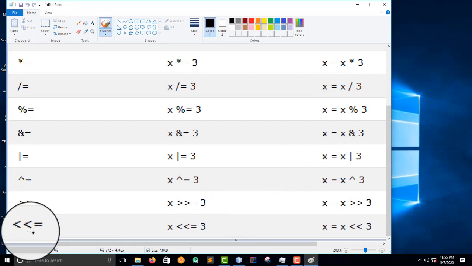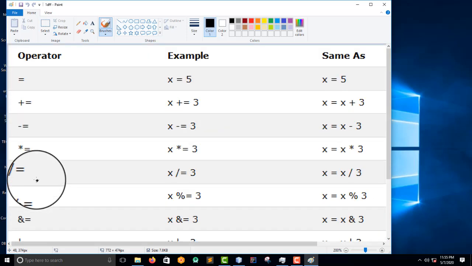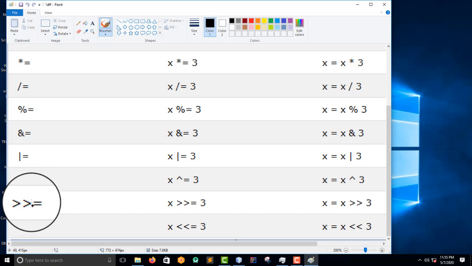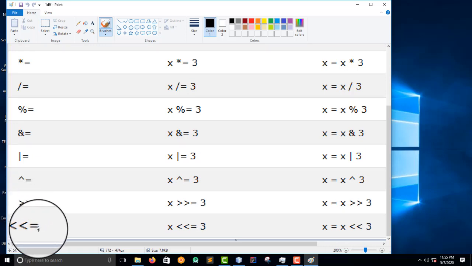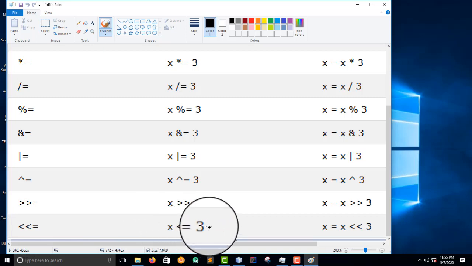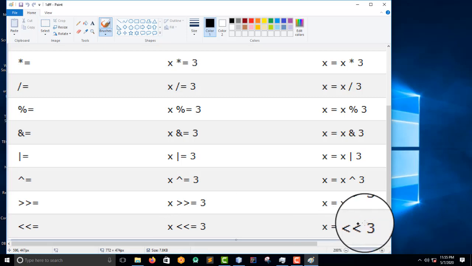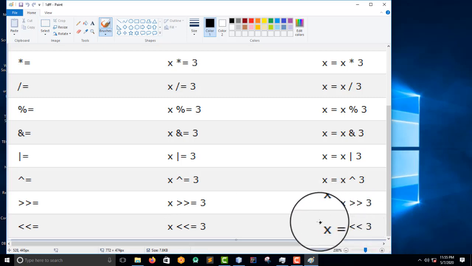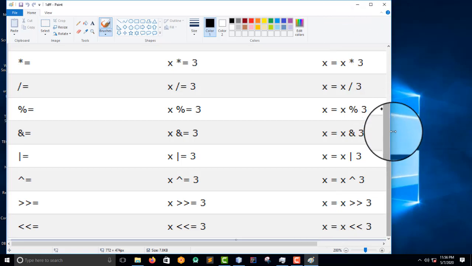For example, this operator here, the left shift assignment, you see, we also have something like less than or equal to, but this one is a double less-than with an equals sign. So it's the same as, let's say for example, x <<= 3. So it's the same as this. I want you guys to do this example and see what we would have on the console. So guys, this is all about that segment, and I've given you the examples, and I've also explained how it works.